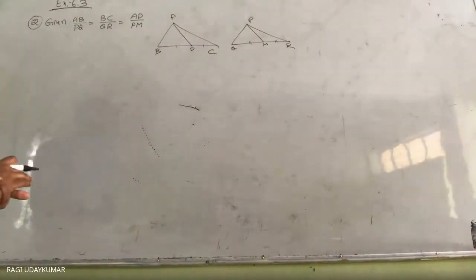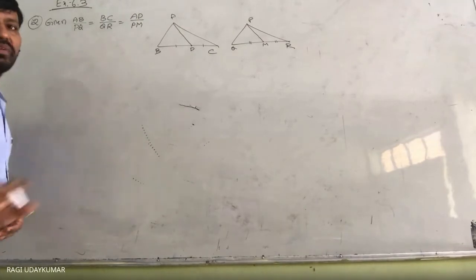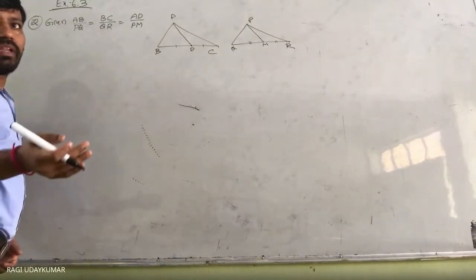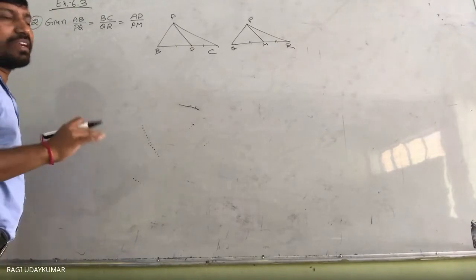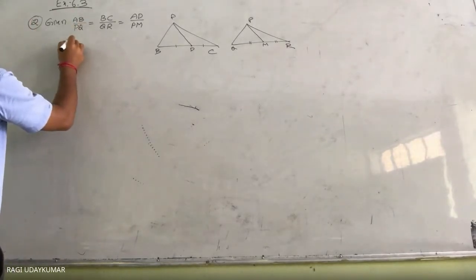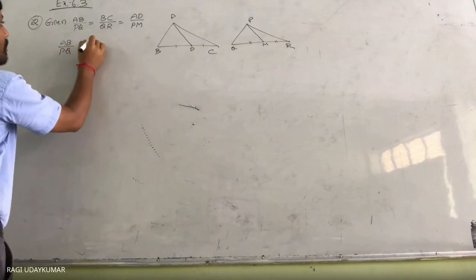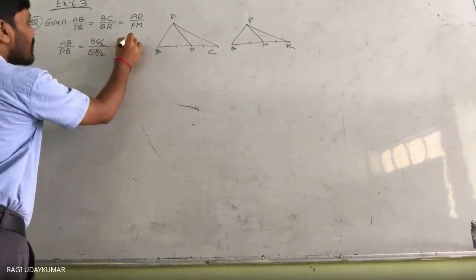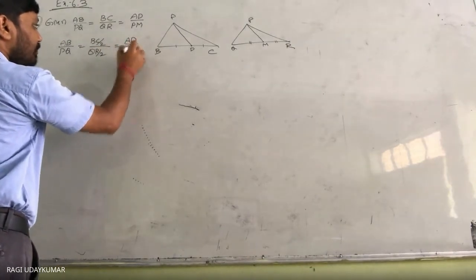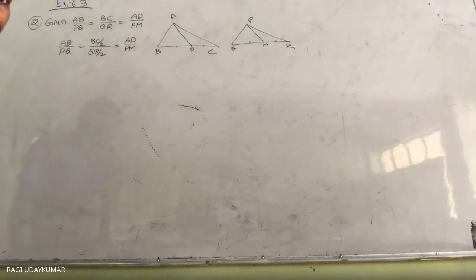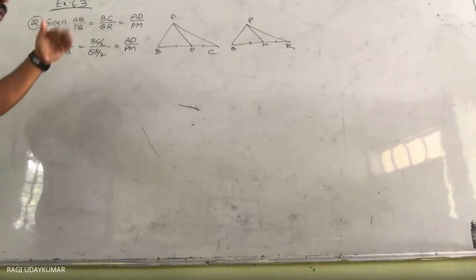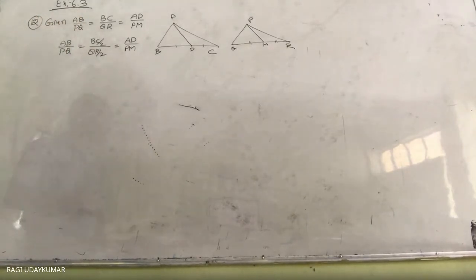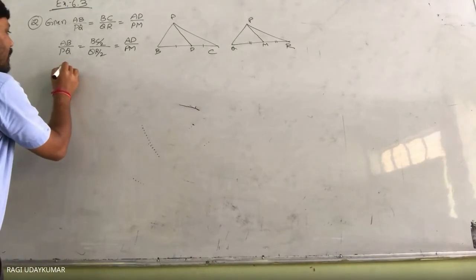Now whenever you observe this one, this problem is very simple here. But the 13th problem, whenever you compare them, is a little bit different. So what do you get here? Let us write AB by PQ, BC by 2 by QR by 2 is equal to AD by PM. Can we write like this? Yes. When these two are equal, whenever you divide by 2 also, they are proportional only. So what do we get here?